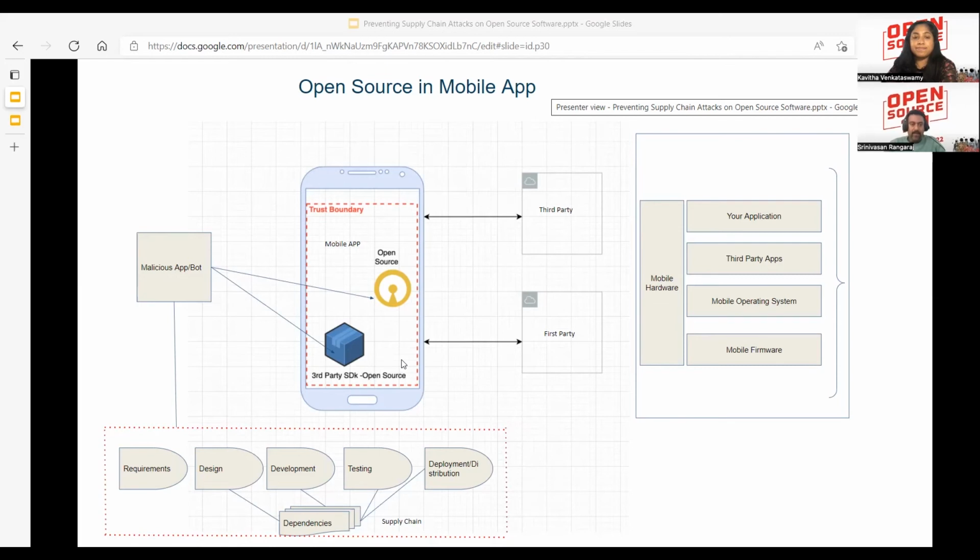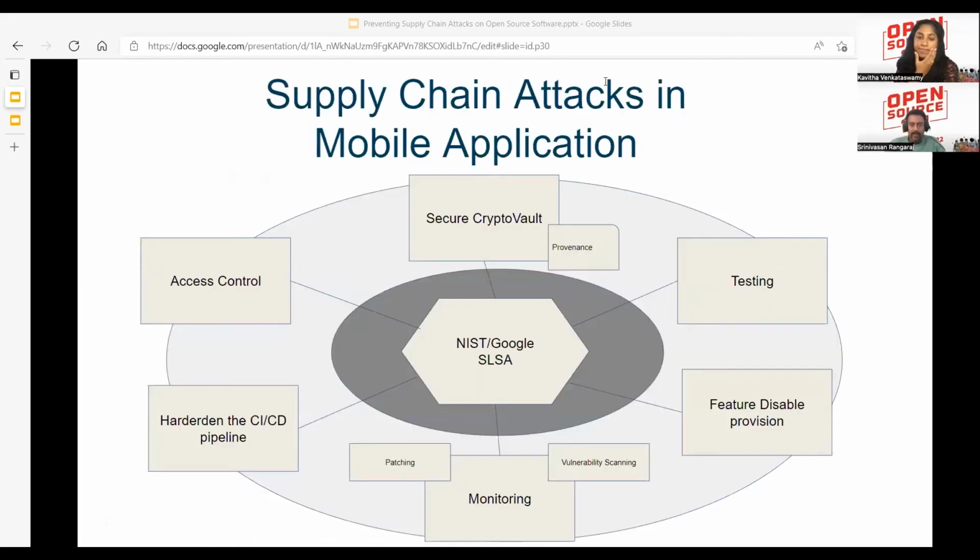So with that, coming back to this particular framework, as you can see, I have come out with the best practices. So within your organization, if you're a startup or an enterprise, you can probably use NIST or Google SLSA framework for the best practices for preventing any supply chain attack.